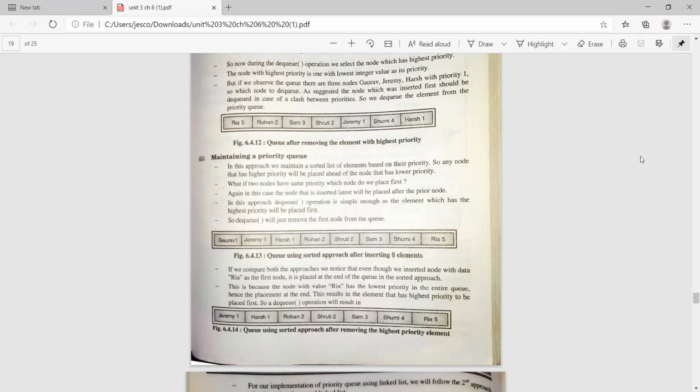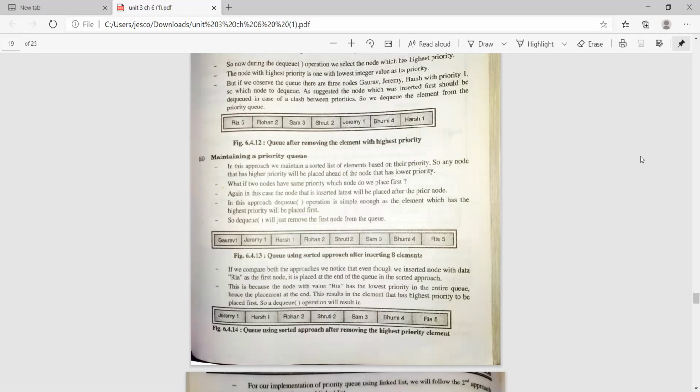Now, if we compare both the approaches, we notice that even though we inserted the node Riya as the first node, it is placed at the end of the queue when it is sorted. This is because the node with value Riya has the lowest priority in the entire queue.